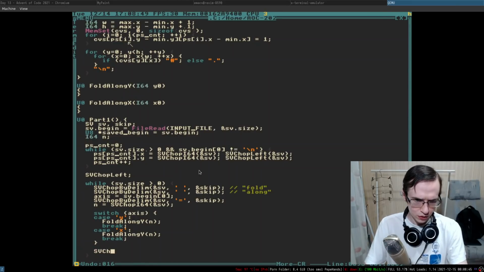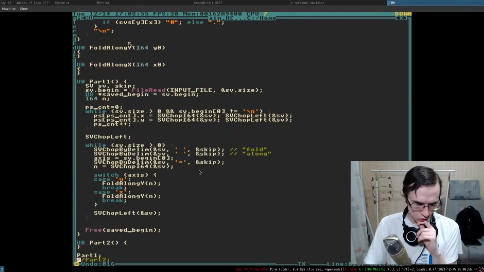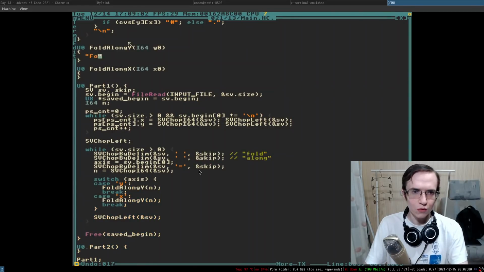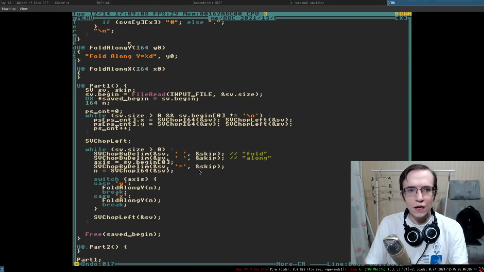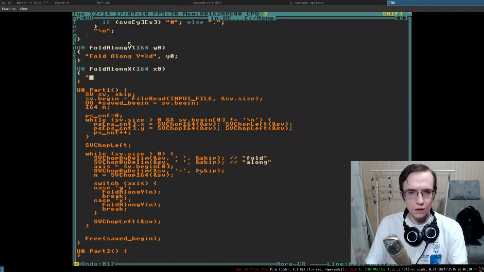And we want to chop left that line out of that SV. All right, so what I'm thinking is that we're going to just go ahead and print all of this information, right? So it's going to be fold along Y equals this thing, and this is going to be Y0, and this one is going to be fold along X,